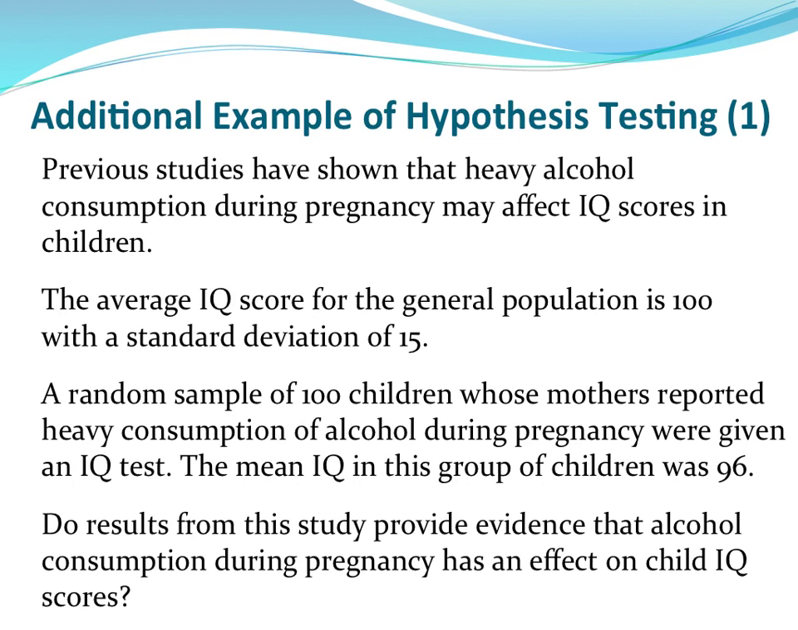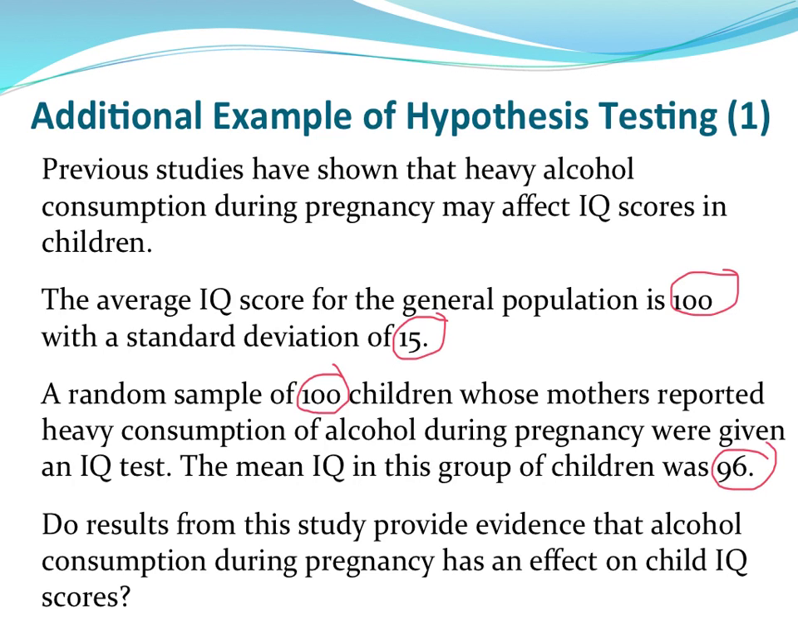The researcher has found that previous studies have shown that heavy alcohol consumption during pregnancy may affect IQ scores in children. The researcher knows that the average IQ score for the general population is 100, with a standard deviation of 15. The researcher then takes a random sample of 100 children whose mothers reported heavy consumption of alcohol while pregnant. These children are given an IQ test, and the researcher finds the mean IQ in this group of children was